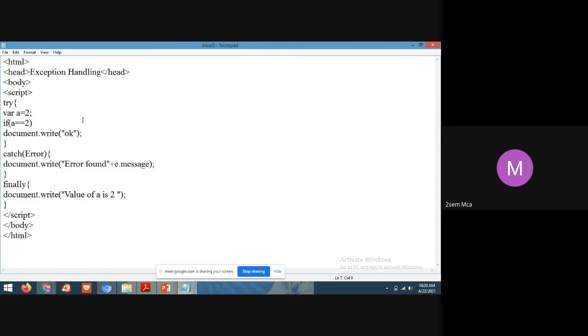If a is equal to 2, it will display okay. If a is not equal to 2, then it will display the suitable error message.